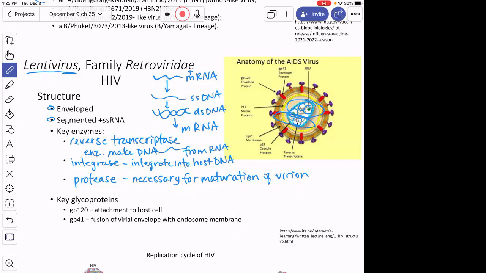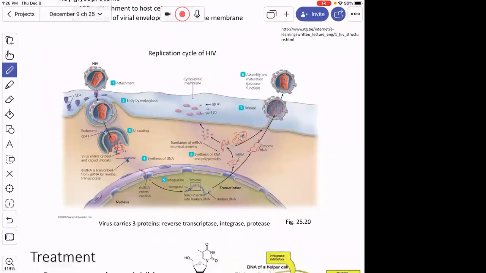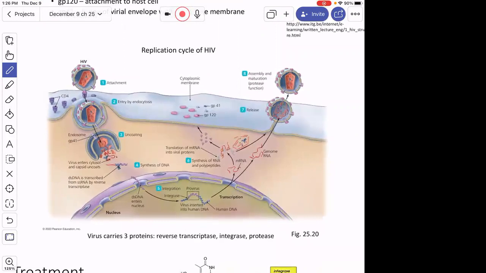Other parts of the virion that I want to draw your attention to, there's a few key glycoproteins. So GP120, glycoprotein 120, that's important for attachment to the host cell. And GP41, we think is important to fuse the viral envelope with the endosome that it gets brought into the cell with. Okay, so